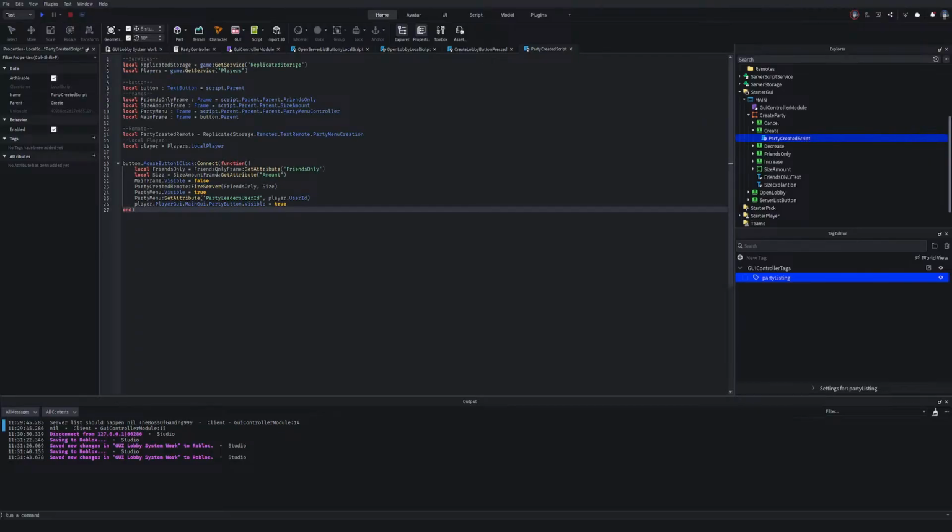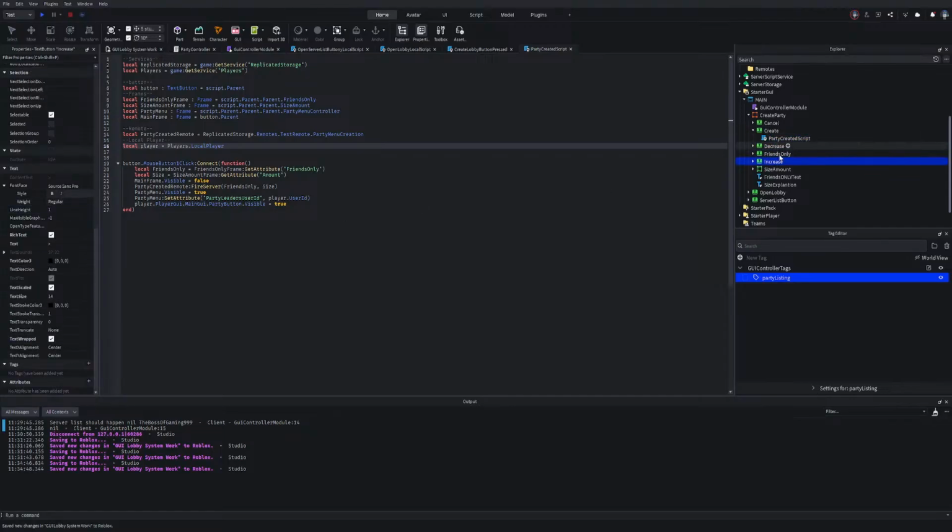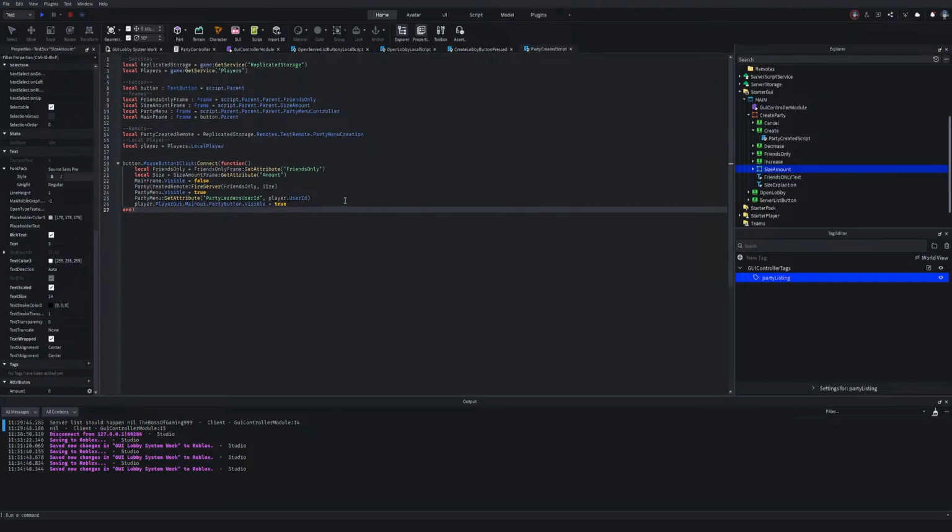So this is the thing. This is how it works. I don't know if this is how it's supposed to work as well. So script.parent, friends only. Okay. So this should work out. So we have attributes inside of these, which yes we do. These don't have them, but these do. Nope. Nope. This has it. So this has an attribute of the amount. So upon it doing this,